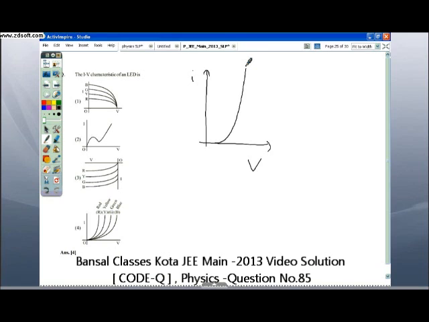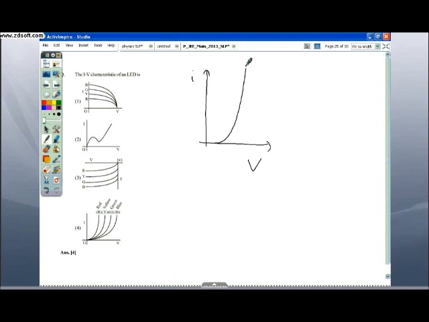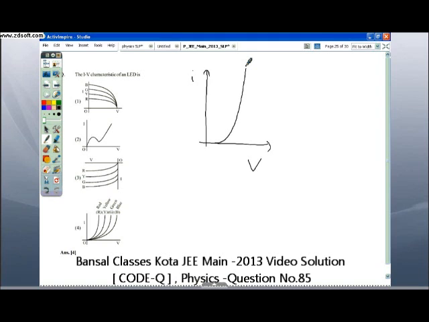We can say that the energy of blue photons is greater than the energy of the red photons. So that means they will require a higher voltage to get to the characteristic curve. So that means the blue one will be at a higher voltage in comparison to the voltage corresponding to the red color. That's why the graph is 4. So the answer is